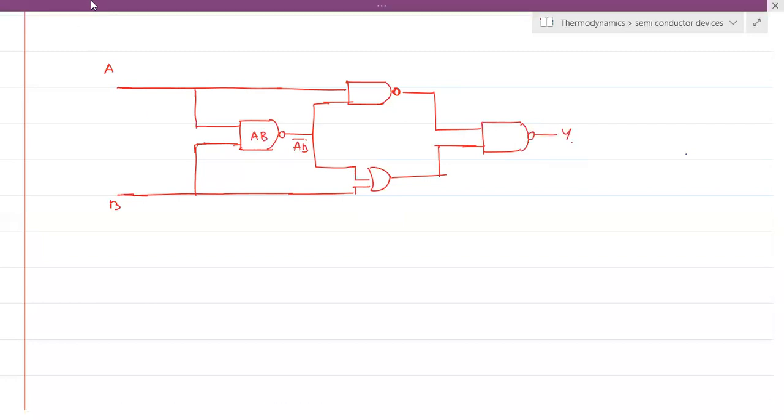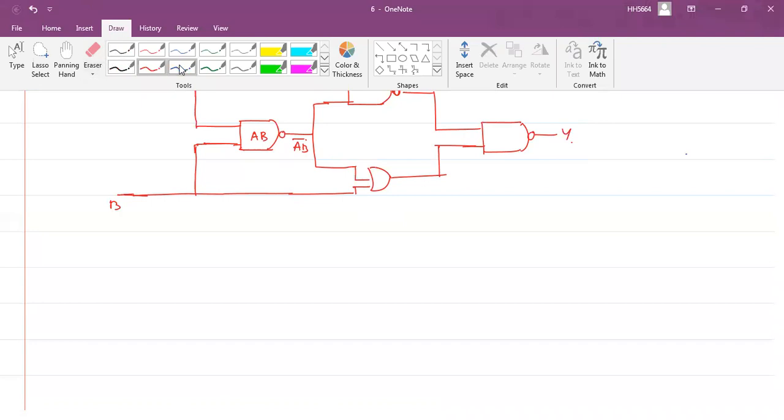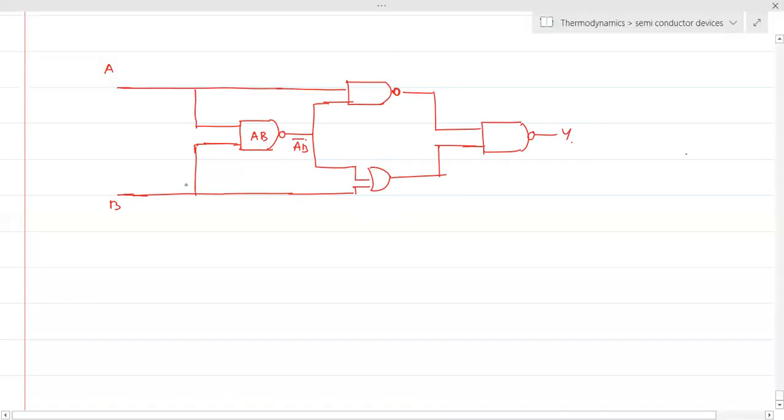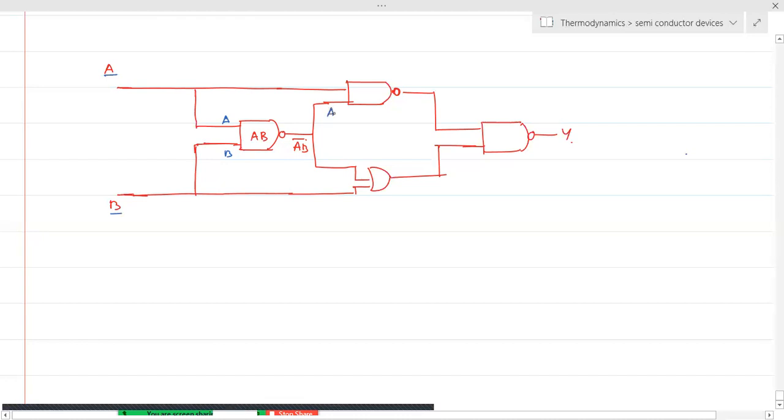So this is one of the toughest problems which appeared in your recent examinations. Let us see how we will do it. This is A and this is B. So automatically this is AB, and this is an OR gate and this is a NOT gate. That's why we are doing AB bar. So therefore this is AB bar and this is A. So simply I have A dot B bar, A dot B bar, whole bar. So we are going to apply De Morgan's law.